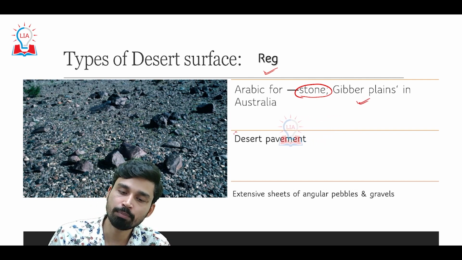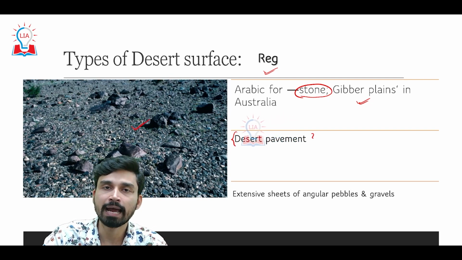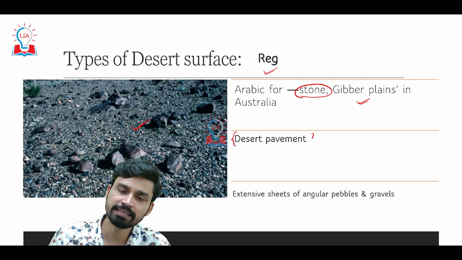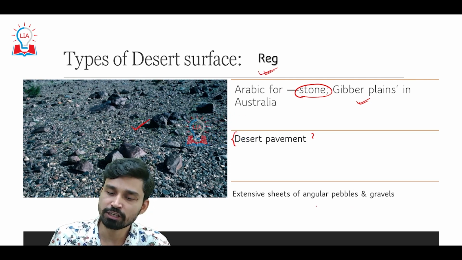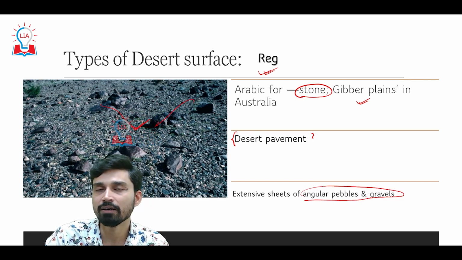And this is an example of desert pavement. As you can see from this particular picture, the entire pavement looks like it is made up of small to large scale rocky fragments, and thus it can be defined as extensive sheets of angular pebbles and gravels. Now, why angular? Because the wind direction keeps on shifting in the desert areas, and depending on from what direction